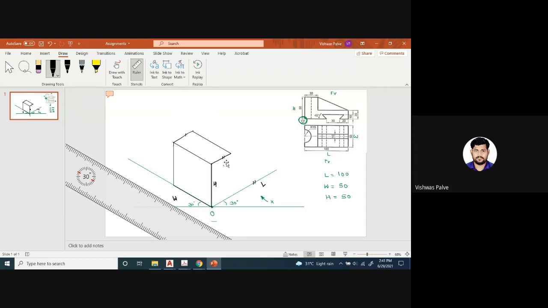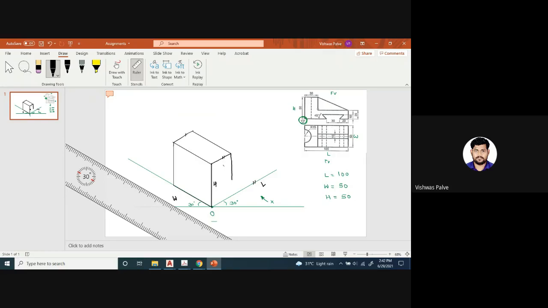Then after doing this, I want to draw this vertical line. Okay, so how are we going to connect this vertical line now? For that, you calculate how much is the distance. So 50 minus 20, this vertical distance is how much? 30 millimeter. So from this point, you have to draw a vertical line whose length is 30 millimeter. Okay, so draw a 30 millimeter straight line, which will be vertical.